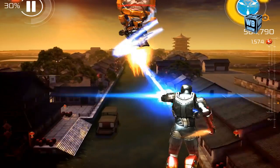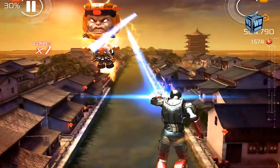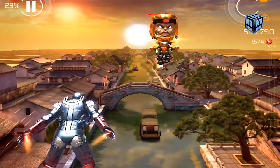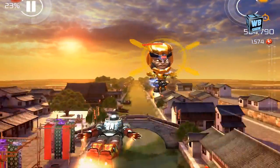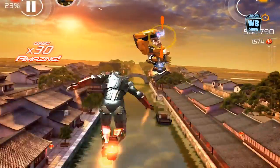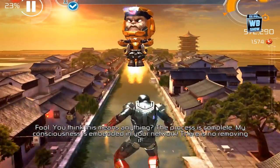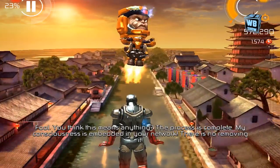Okay, this doesn't seem to be good. But we are gonna use our super just in... Okay, so he kind of froze there. Uh-oh. Oh boy. The iPad's getting a bit heavy, tilting on one hand. That's what I have to say. But he's losing much more health at the end there, as you can see. We are gonna... Alright, so... That was pretty...